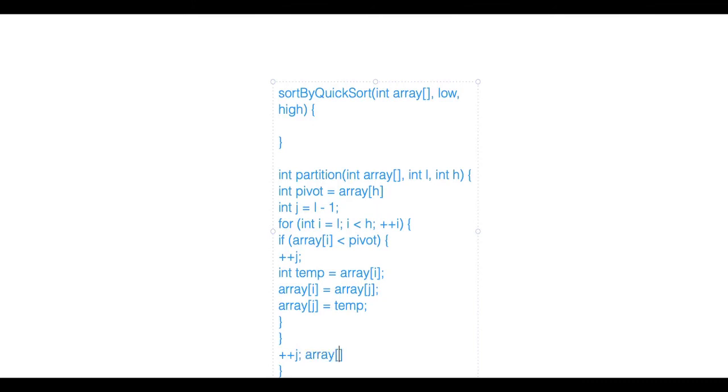Array of h equal to array of j, and array of j will be equal to pivot.